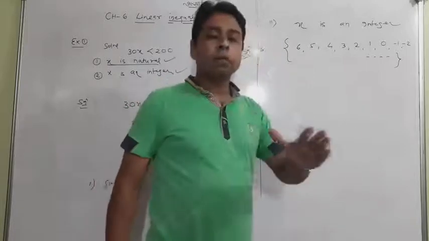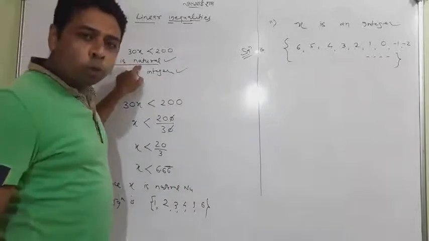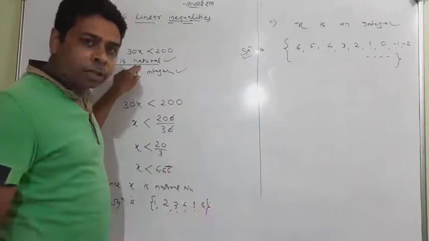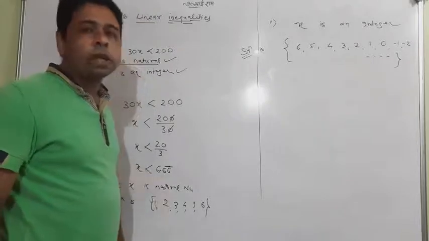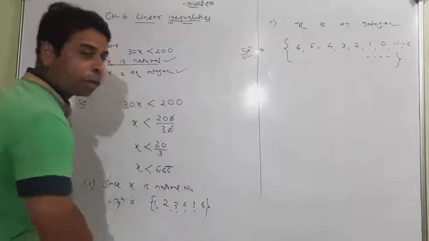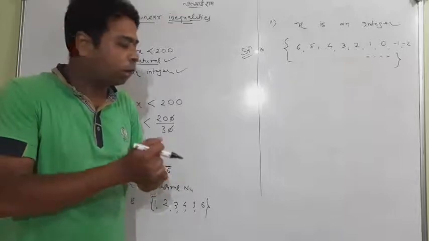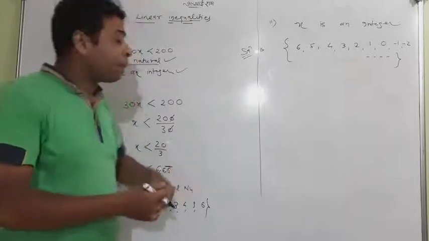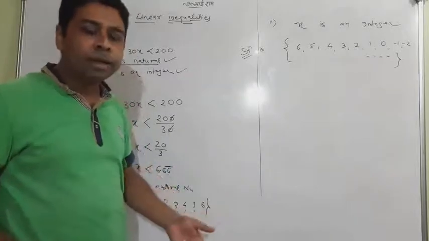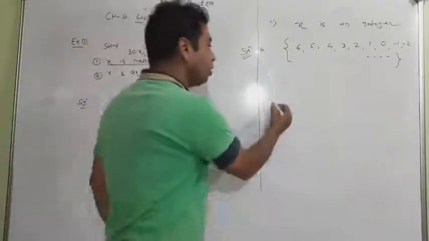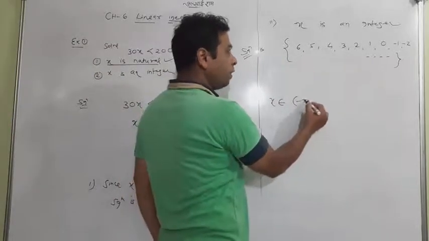So one thing specially I want to speak: whenever you are told to represent your answer in natural numbers or integers, you always give your answer in a set. But whenever you are not told anything, that means you have to represent your answer in real numbers. Whenever the particular sentence is not given, you would always give your answer in real numbers, and that time you will use the interval concept. Interval, what is the meaning of interval? Like that. You cannot write that as minus infinity to 6